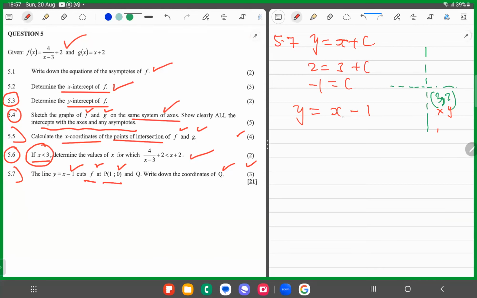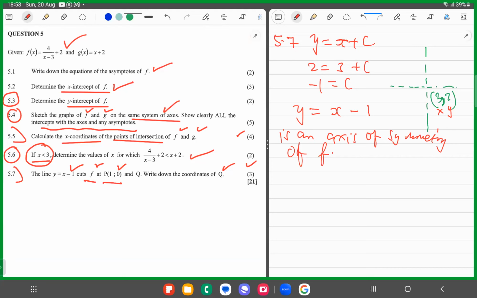So this one is an axis of symmetry of the function f. Right, so what is the meaning of this? So it means now